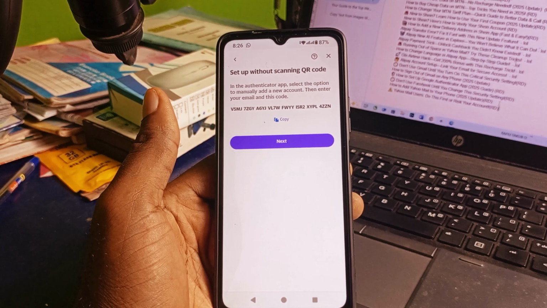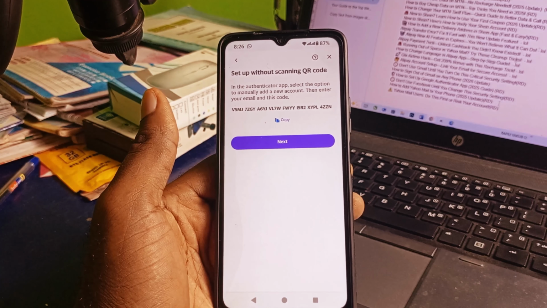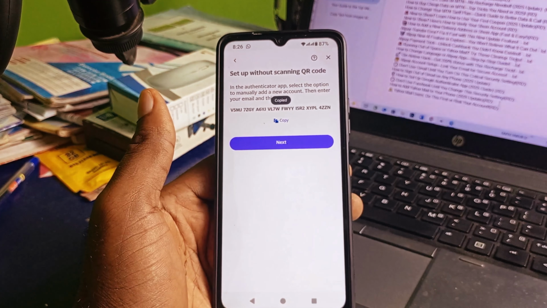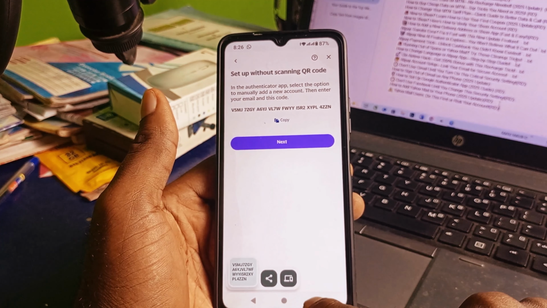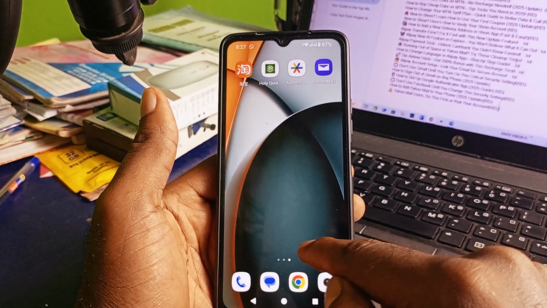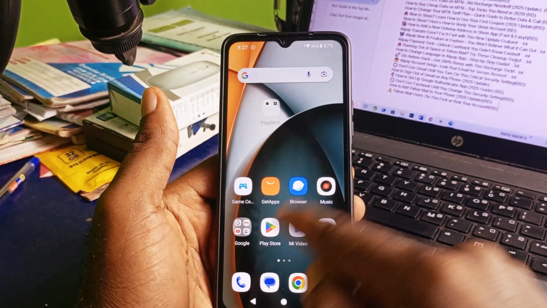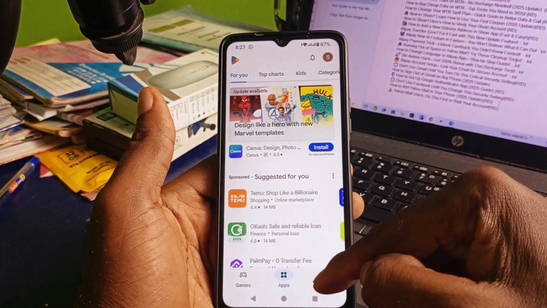Now an authenticator app has been generated. A key has been generated right here. What we want to do here is to make sure we copy the link. Having copied the key, what we want to do next is to make sure we exit from Yahoo account, and then we head over to our Play Store. If you are using Android phone, go to your Play Store, and on getting to the Play Store, click on